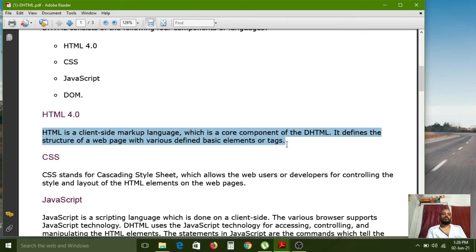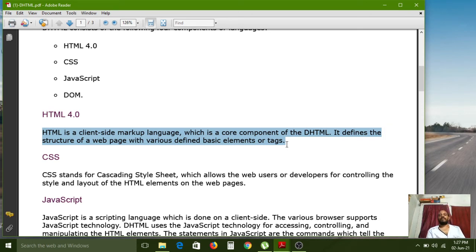HTML is a client-side markup language, which is a core component of DHTML. It defines the structure of a web page with various defined basic elements or tags.